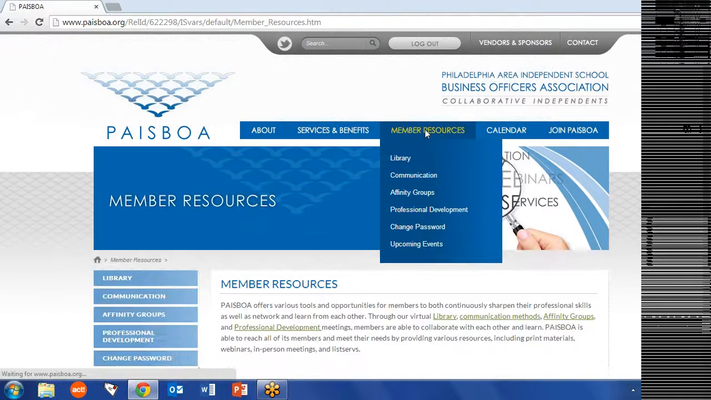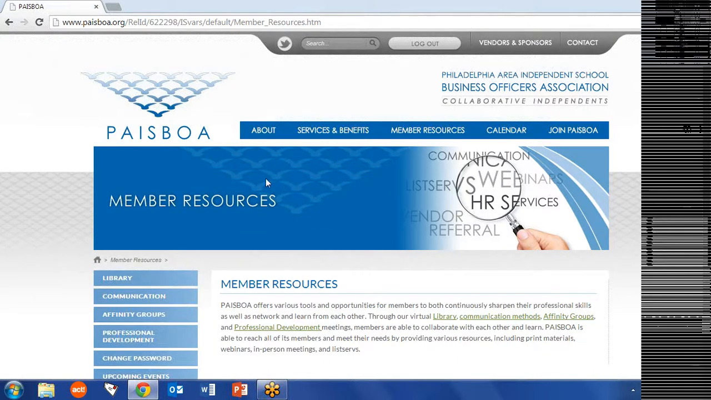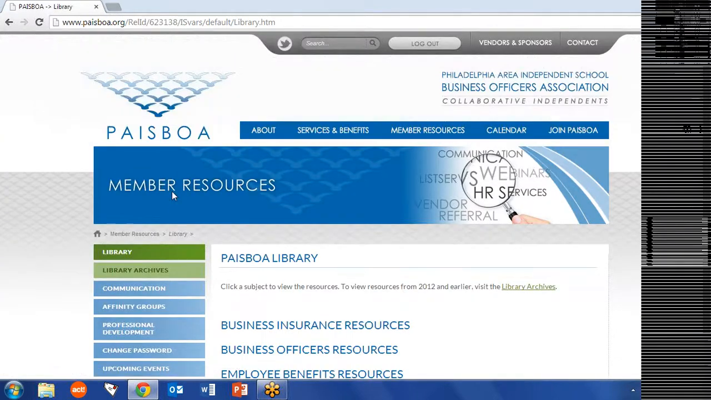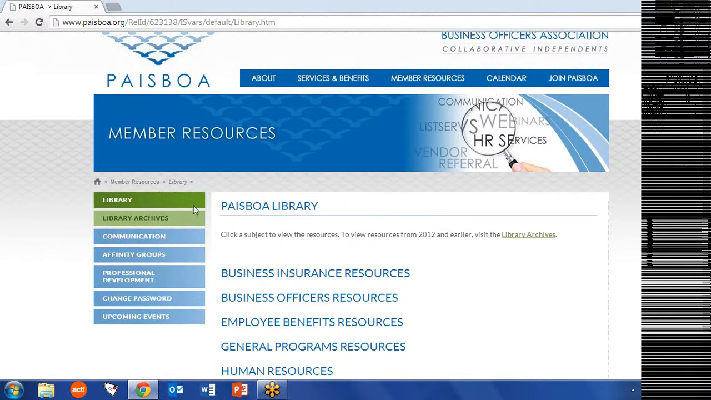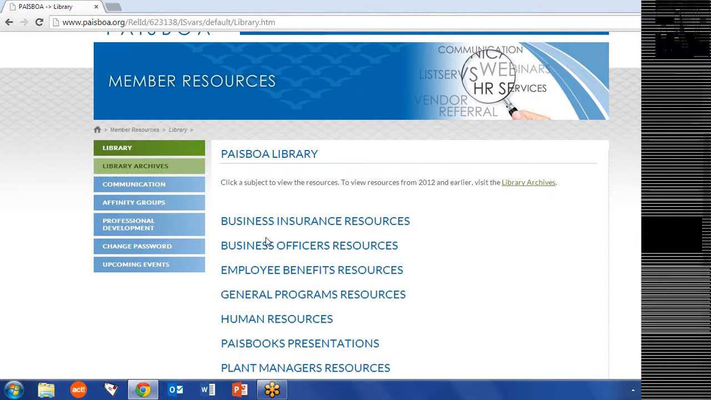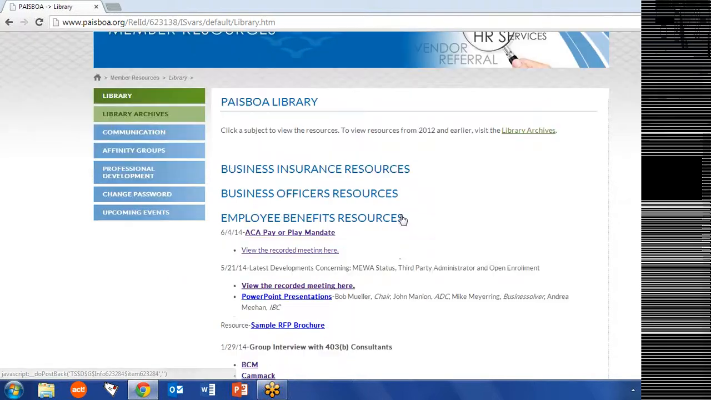Okay, let's go to member resources. An important part of member resources is our library. When you go to the library, you can find resources and materials, mostly from past meetings. So if you went to an employee benefits meeting and you want to see the slides from that meeting, you can click on